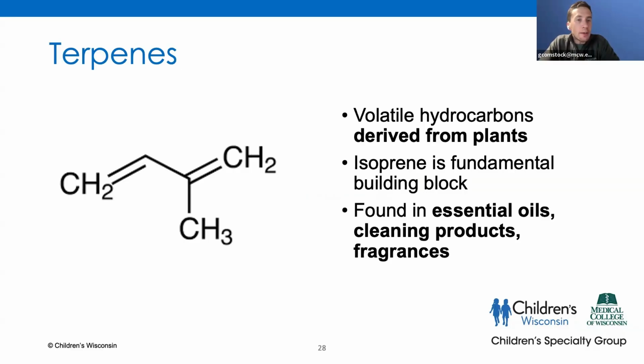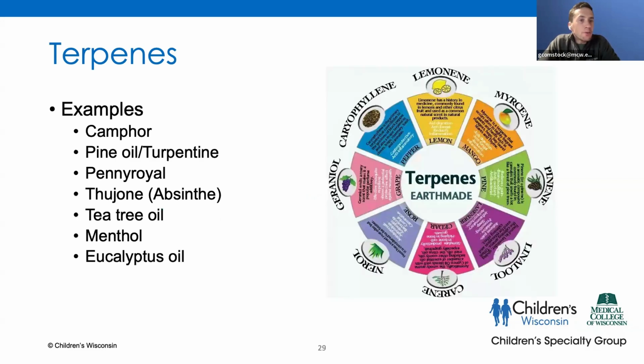So just like the aromatics, they all come from benzene. The terpenes are all built from these isoprene building blocks. These are volatile hydrocarbons and they're all derived from plants. And you're going to see these often in essential oils, cleaning products, fragrances, etc. They're quite ubiquitous. Some examples, we'll talk about a few of these. The camphor, pine oil, pennyroyal, thujone are going to be the ones we talk about because they've got maybe a